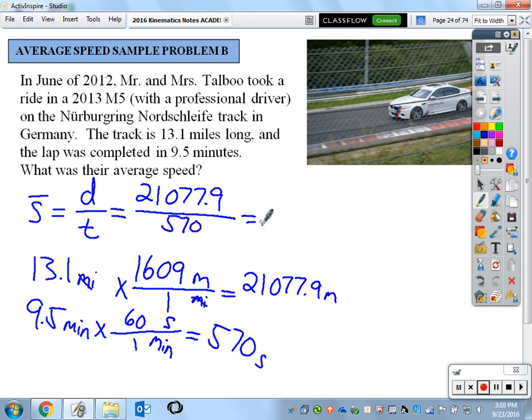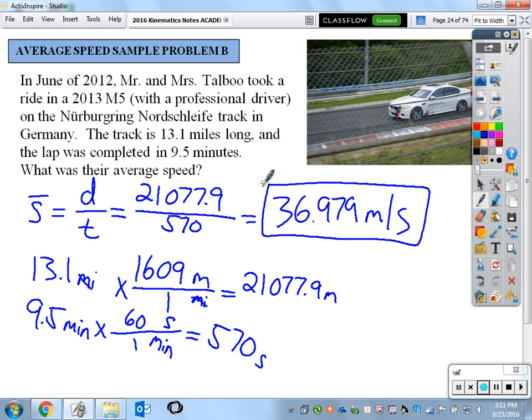What do we get? 36.979. Good. Meters per second. That is our final answer, which would be our average speed for 1 lap around the